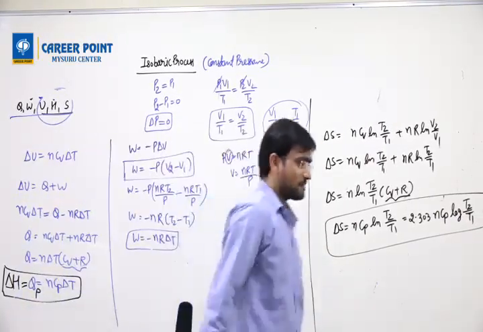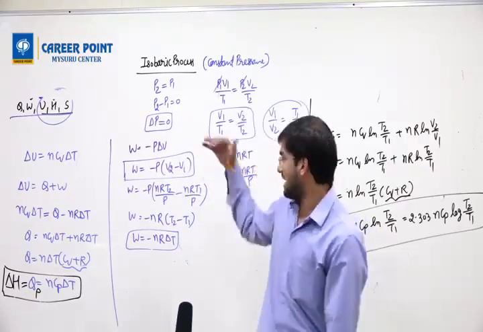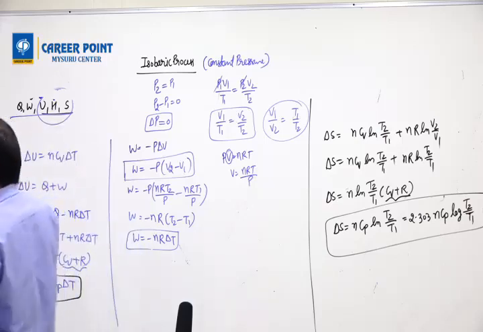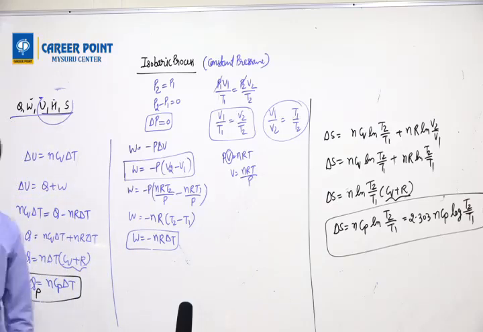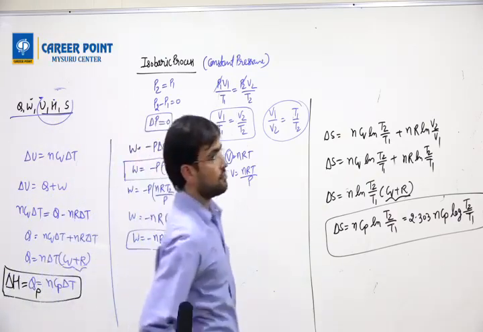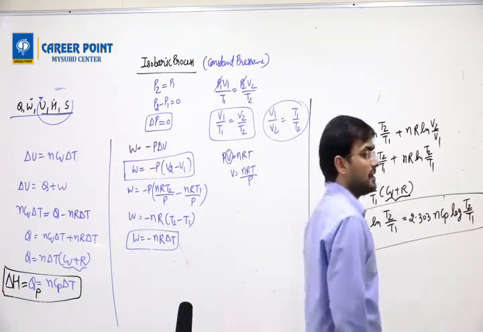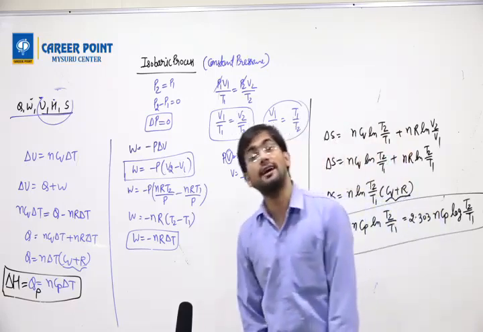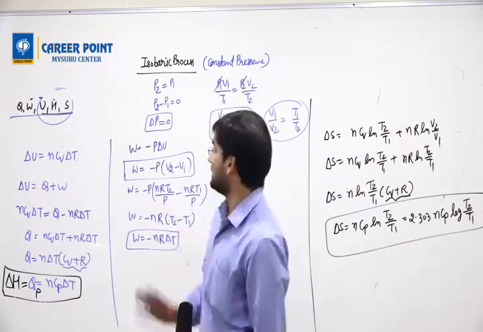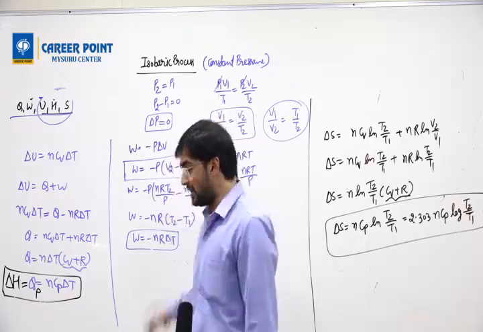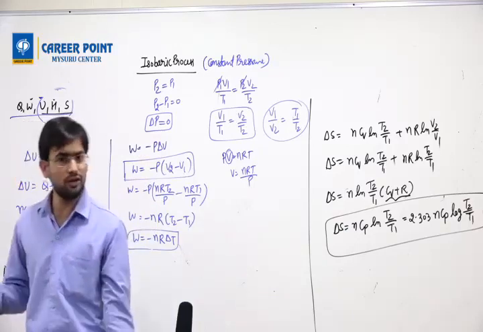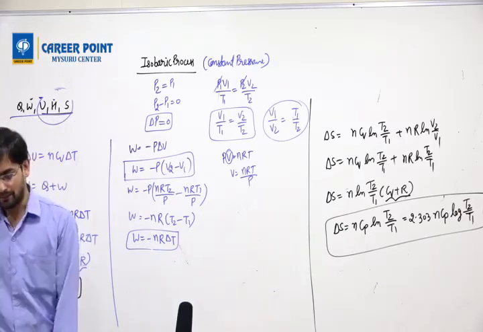These formulas, try to practice them the way I am deriving it. Try to write down and memorize it. In the exam, if you derive it, it is going to take your time, so it is not advisable to derive them in the exam. You should be able to write the formula directly. So in order to write the formula directly, you should practice this 2-3 times. If you practice it 2-3 times, you can get the answer easily.